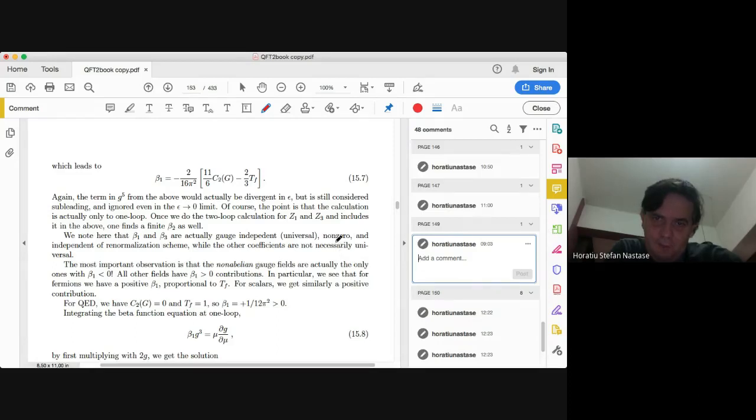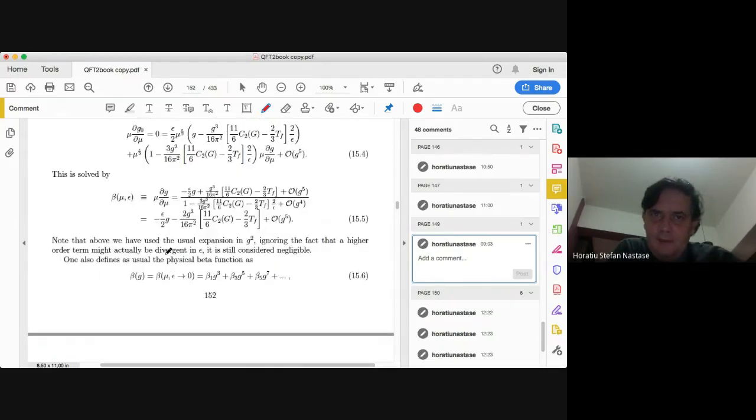They're both non-zero. And moreover, they're both independent of the renormalization scheme. So these beta 1 and beta 3 are truly universal. But the other contributions are actually not. In principle, even in here, there was